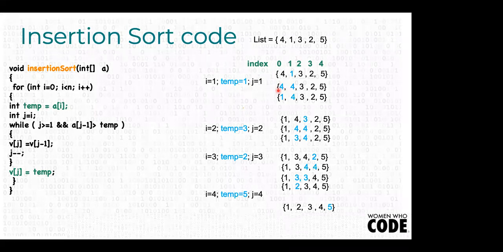Here you have the number 4, and a of j minus 1 is 4 here, so you copy that element to index 1. And you decrement j and go inside the while loop until j is at index 1 or greater,